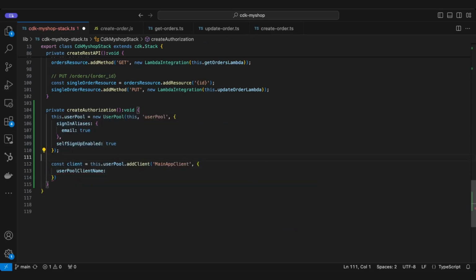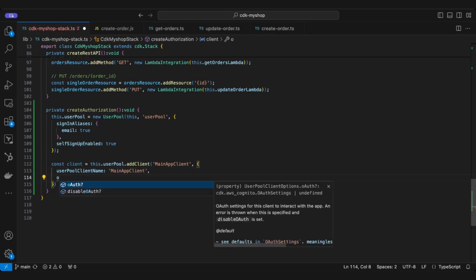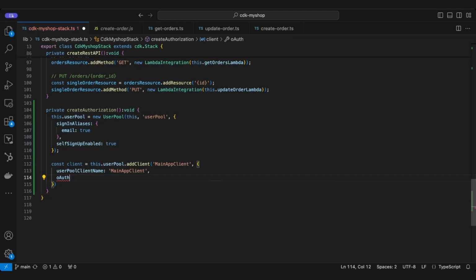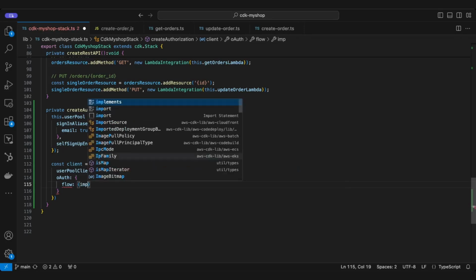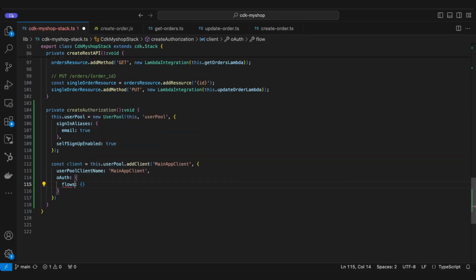I'm going to use the same identifier as the client name. And then we need to specify the OAuth flows it is going to support. Right now we are going to go with the implicit code grant,